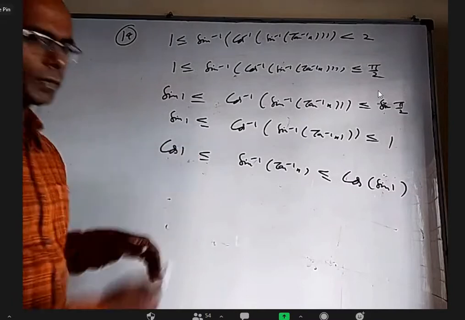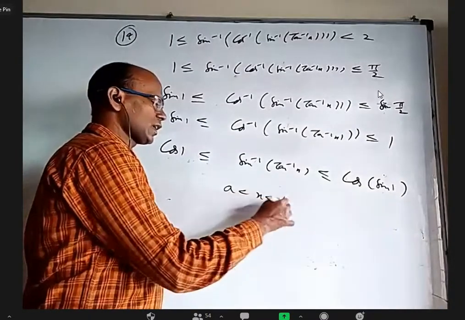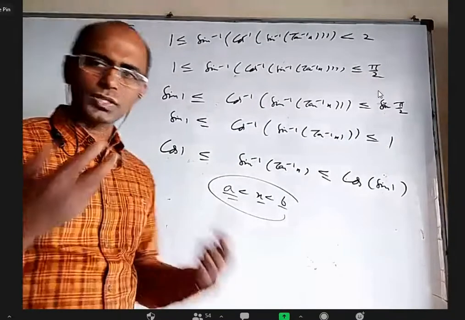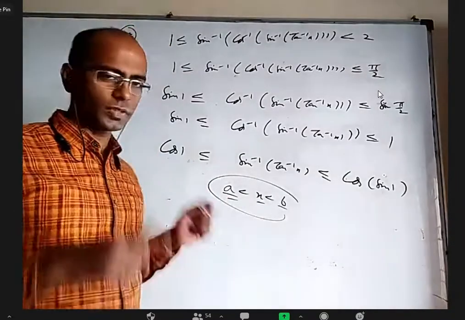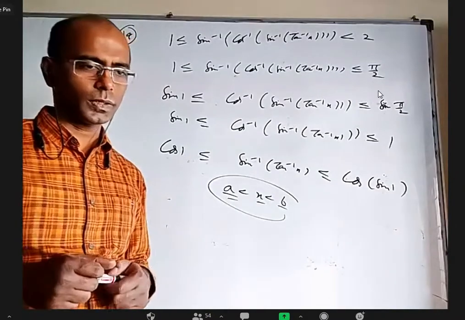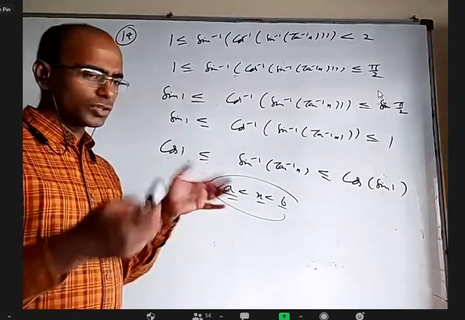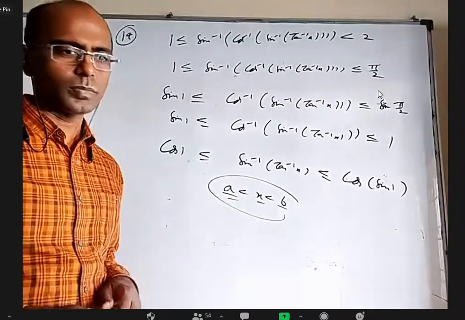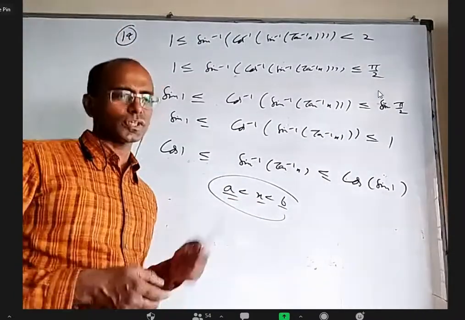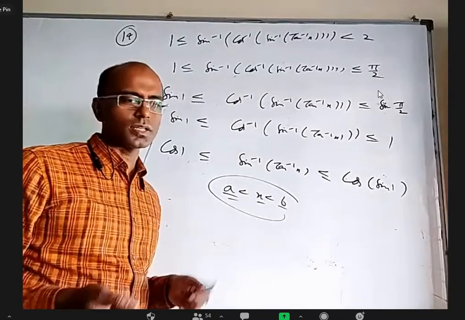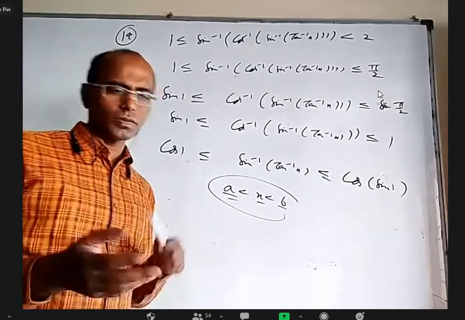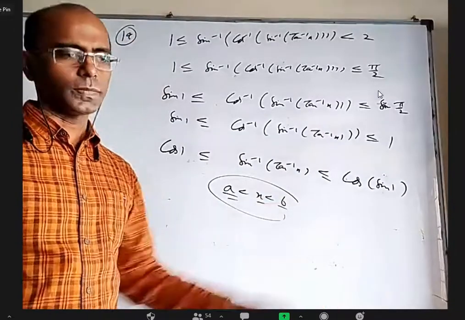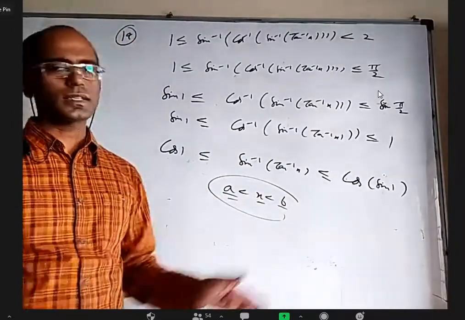As long as a less than x less than b, and a, x, b are within the principal values, you can apply sine, cos, tan, anything, no problem, provided everything is within the principal values. That is very, very important. If they are outside the principal values, we have to carefully see what is happening. But sine and tan are increasing functions, so same inequality. If you apply cos, a decreasing function, the inequality reverses. You will get cos b less than cos x less than cos a, whereas applying sine, sine a less than sine x less than sine b.